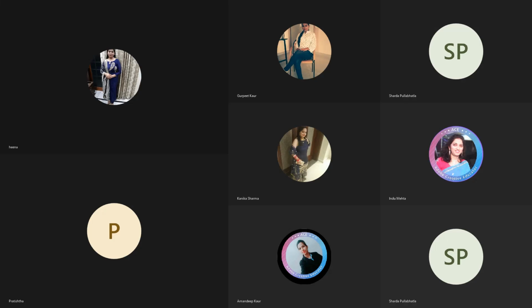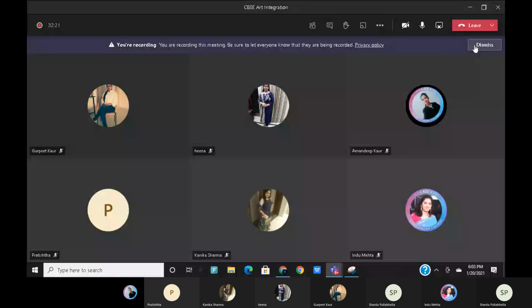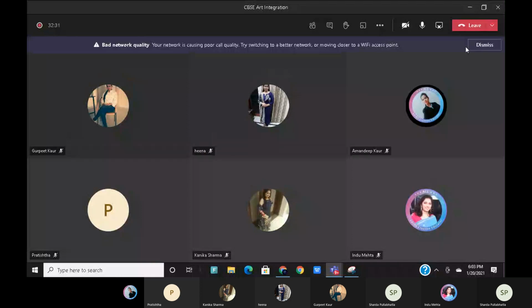So in this session we learn about the breakout rooms. Thank you so much all the teachers for joining in, because we need a number of teachers or volunteers here so that we can explain to everyone how we may go ahead and use breakout rooms and how it looks for us.